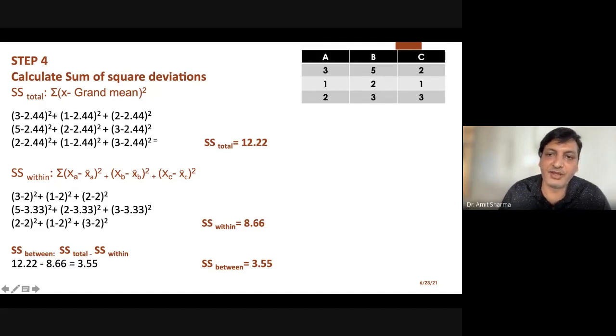Always remember, first calculate the total, then calculate the within. For total, you can remember it this way: in a day you first say good morning, so I used to call it grand mean. The day starts with good morning, so always reduce from the grand mean.